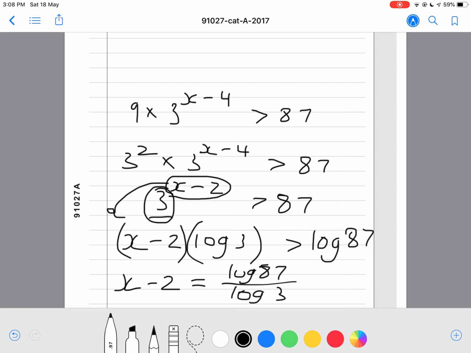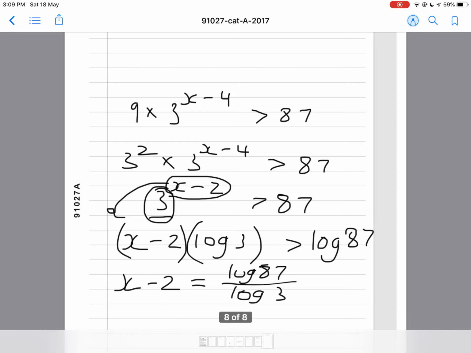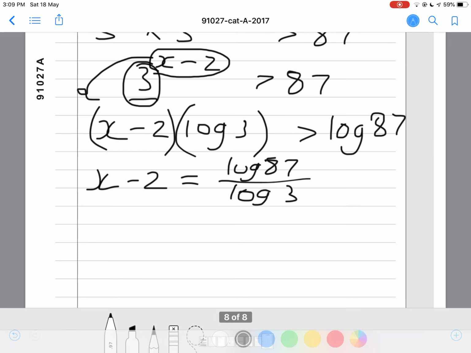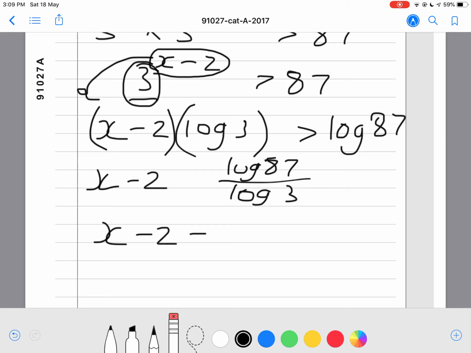You should see the log button. You press the log button and say log of 87 divided by log of 3. What does that give you? That gives you 4.06. So therefore, you can say x minus 2 is not equal to, I've been saying equals, it's greater than. That was the question. It's greater than